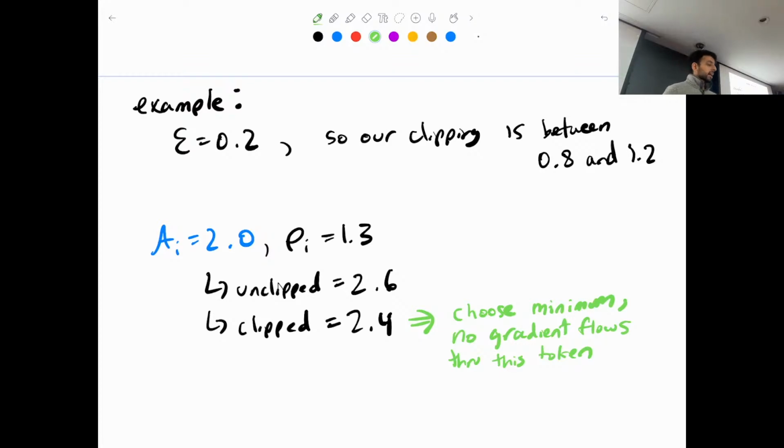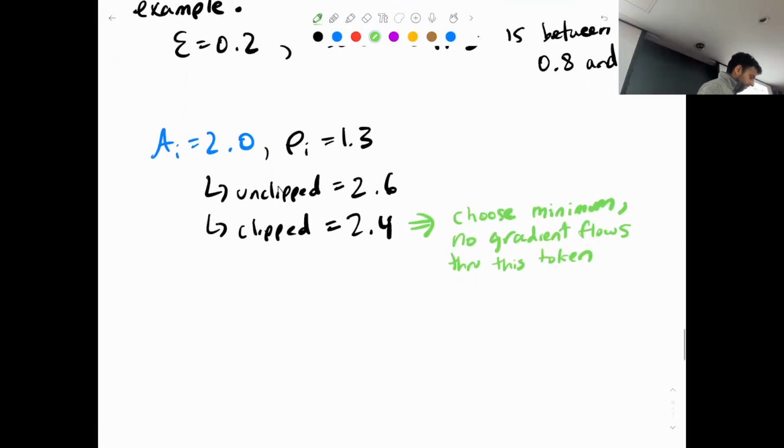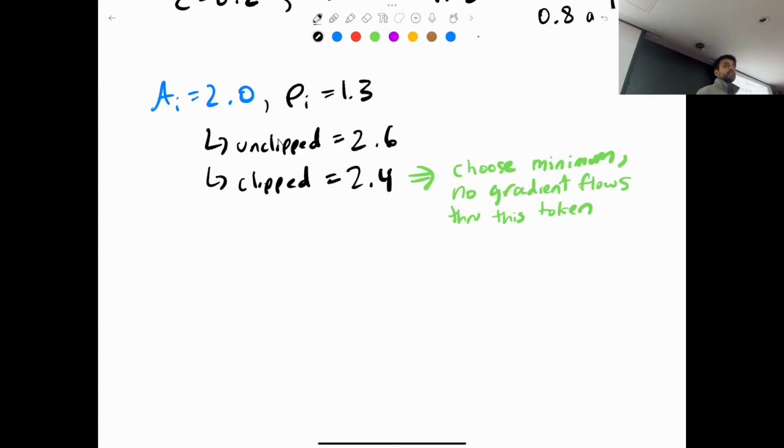So in this case, yeah, because the policy ratio fell outside, it was higher than our maximum. But as we'll see, if we have a case where it's negative, right, the policy ratio is less than 1, then we will clip it to the bottom end. Okay, so this is saying that we know this is a good token, but its probability has already been increased over our threshold, so we don't want to do anything else to this token.